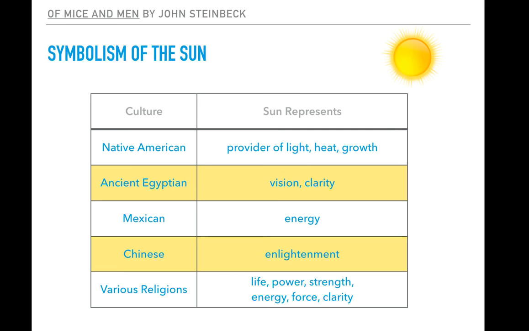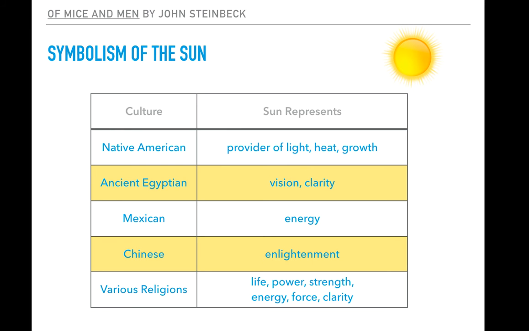So traditionally, the sun has been a symbol in all kinds of cultures and religions. In Native American tradition, it means the provider of light, heat, and growth. Ancient Egyptians saw the sun as vision and clarity. Mexican culture appreciated the sun as energy. Chinese as enlightenment. And a variety of religions saw the sun as life, power, strength, energy, force, clarity. There are some commonalities between these different symbols from different cultures, but they all have the sun representing something at